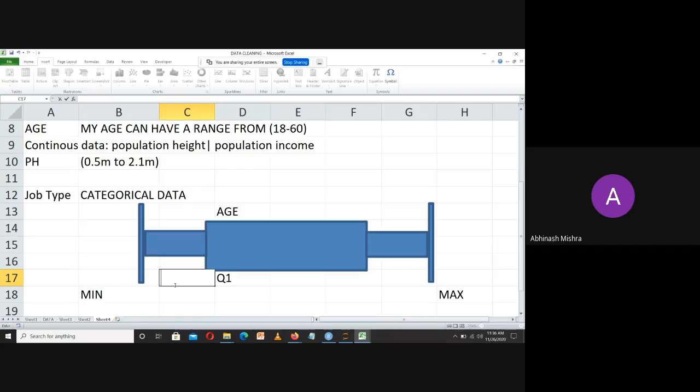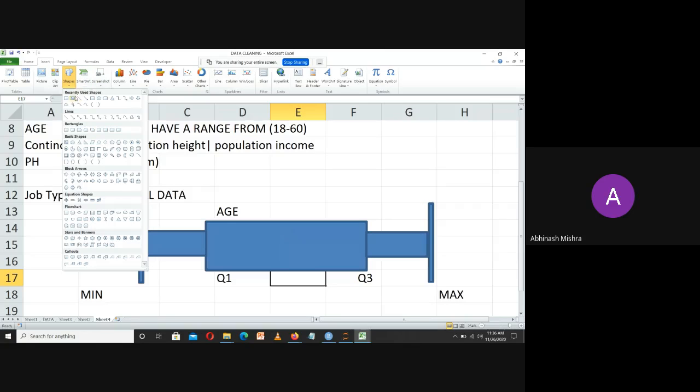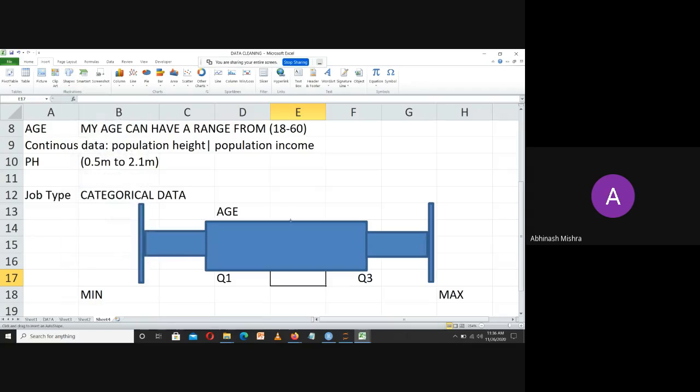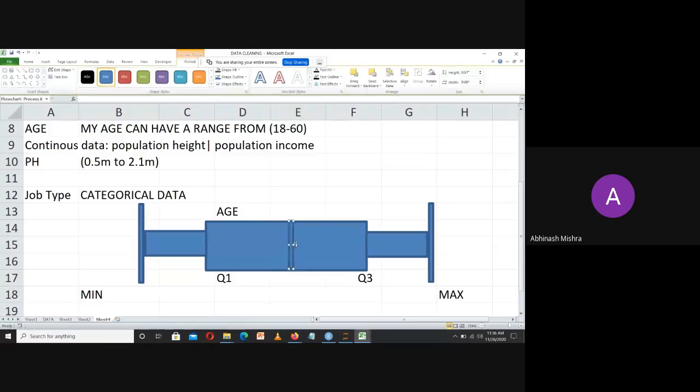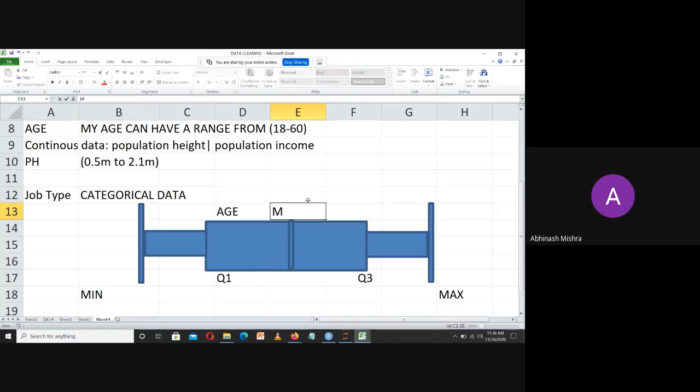I will be removing this, as it will be a confusion for you. Now this particular point is termed Q3. And somewhere in the middle part, you will find a value called the median or mean. I will tell you about what median and mean are. They have some things that you should know, but the major distribution of the age column will be something like this. This is the minimum value, this is the maximum value, this is Q3, this is Q1, and this is age.